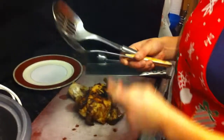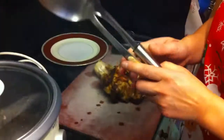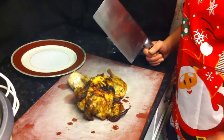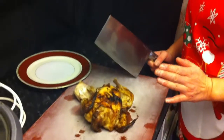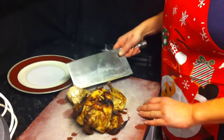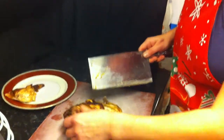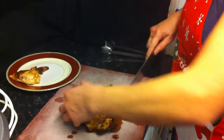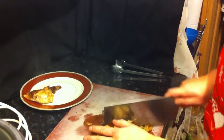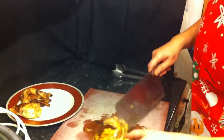As you can see, the chicken looks rather tender and falls apart, so it won't need much chopping. Generally I do allow it to settle a bit first before I chop it up, but I'm going to chop it up now, which is the Chinese way of chopping up chicken. Usually they chop up the legs first and place them on a plate. So we have the legs of the chicken, but it's a bit difficult today because the chicken is falling apart, so I don't actually have to chop through the meat. So chop it and just place it on a plate, then remove the wings,